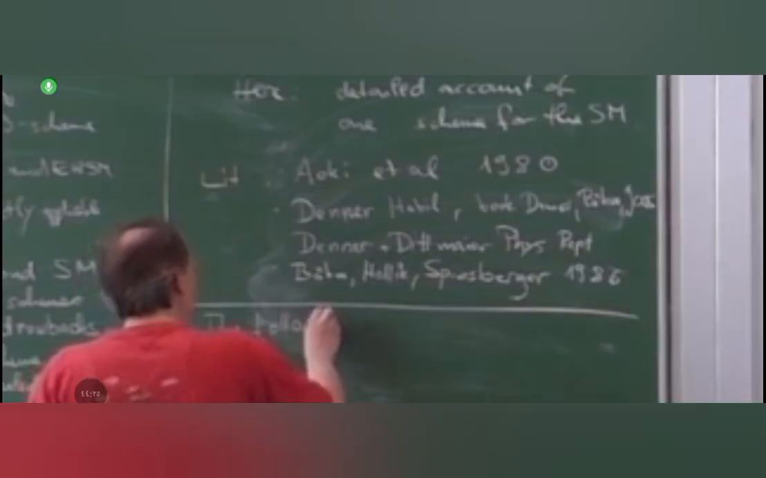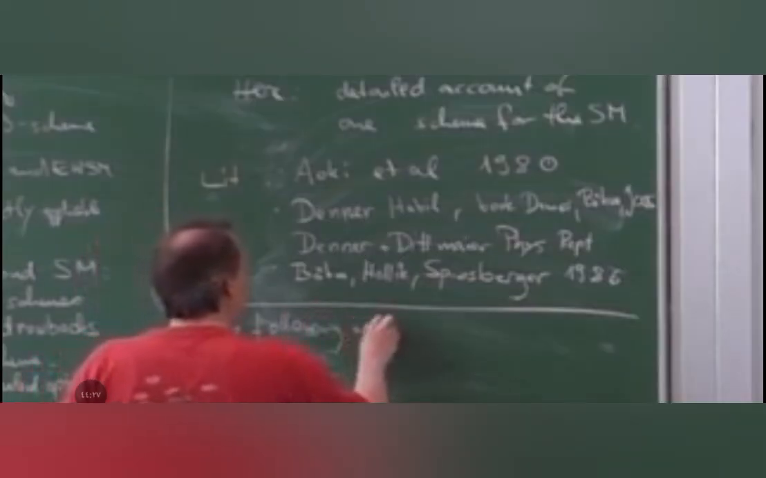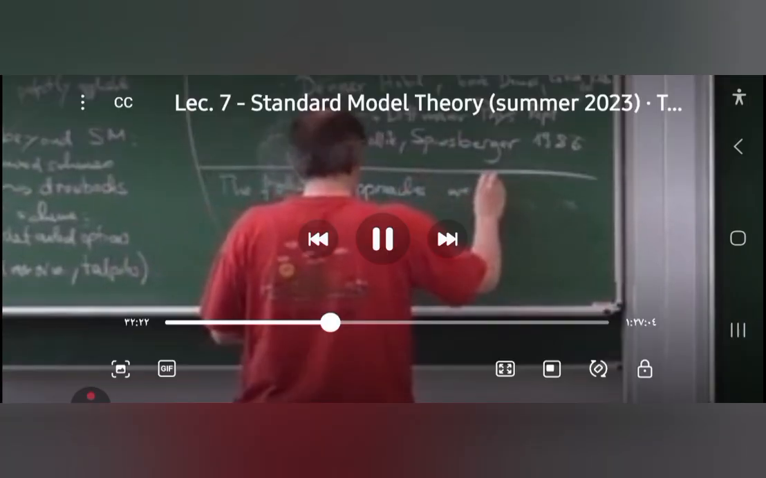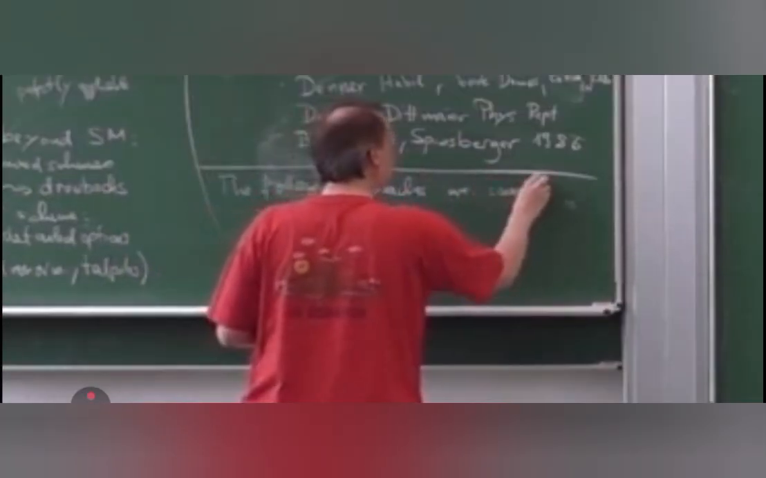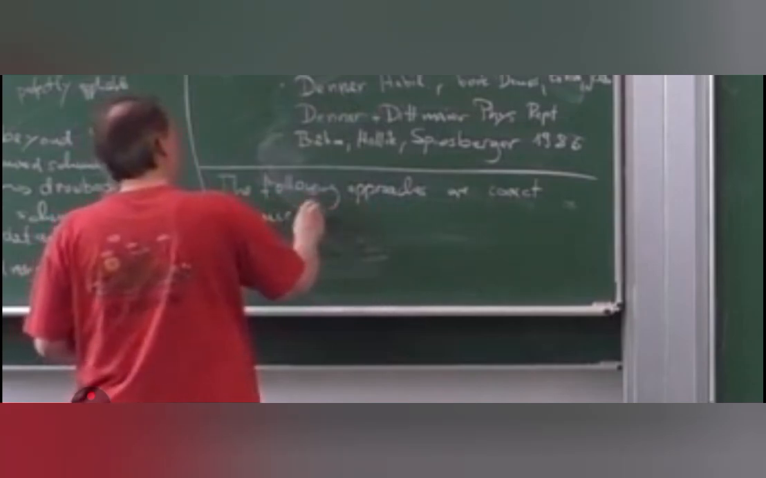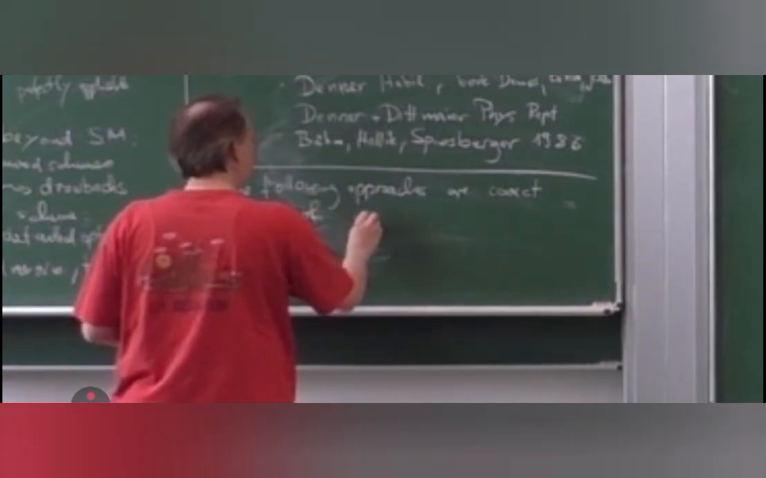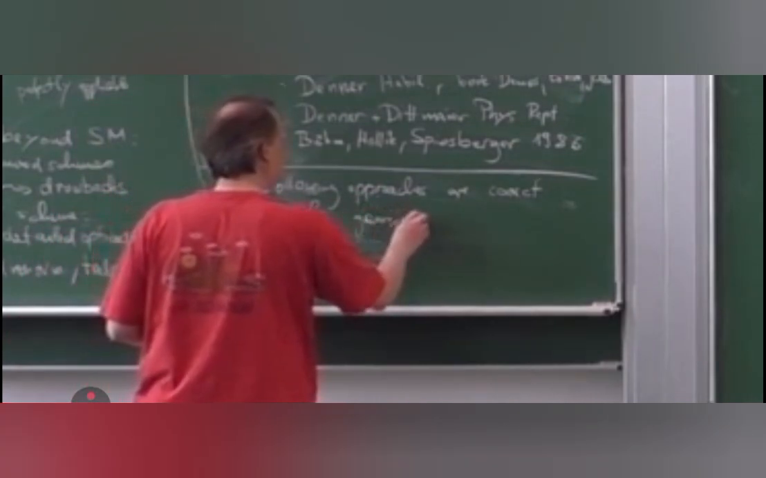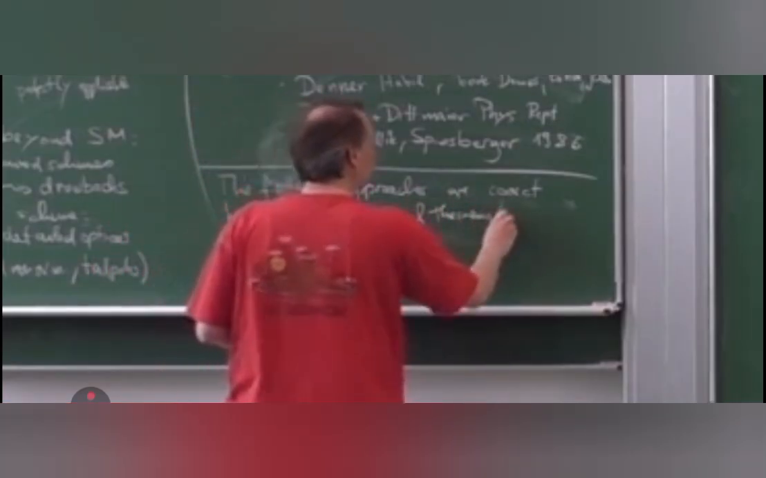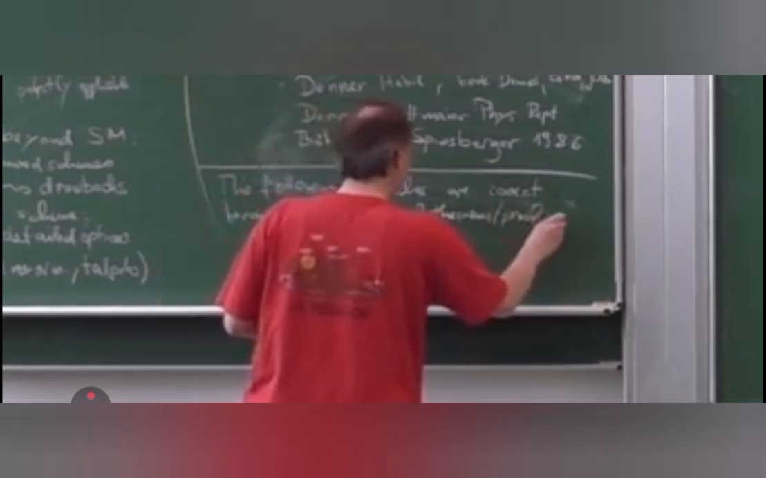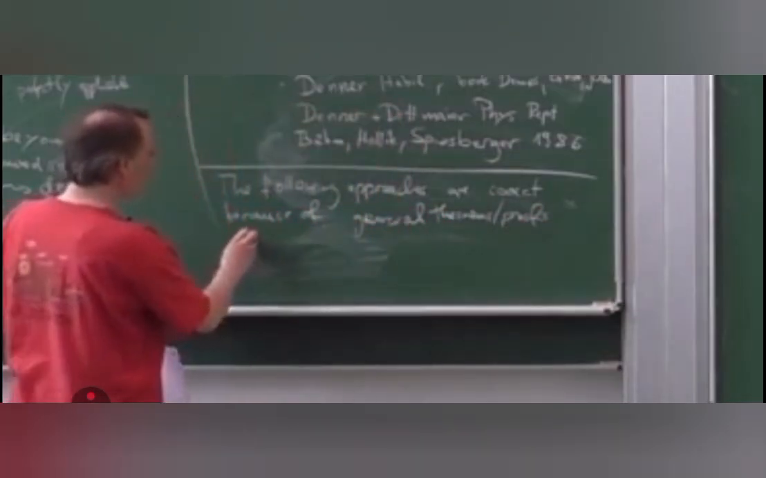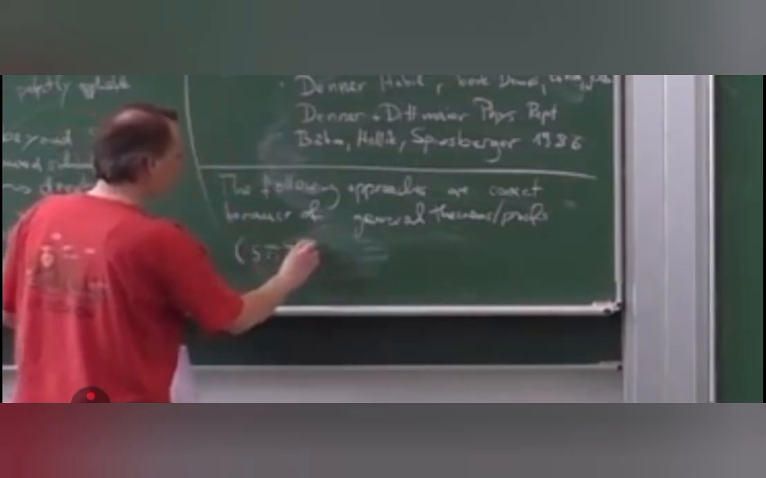following approaches, which are correct because of the general theorems and their proofs. See the quantum field theory 2 lecture in particular, and in particular the outcome is that a